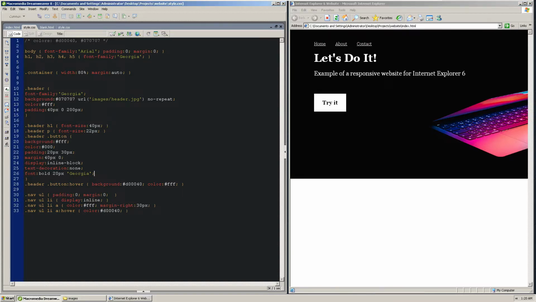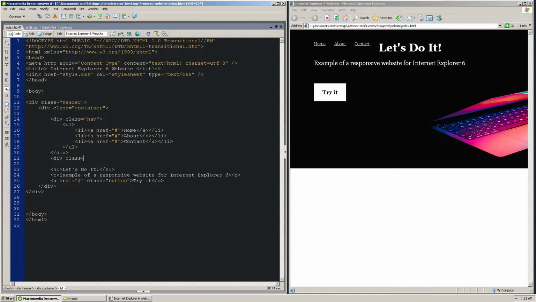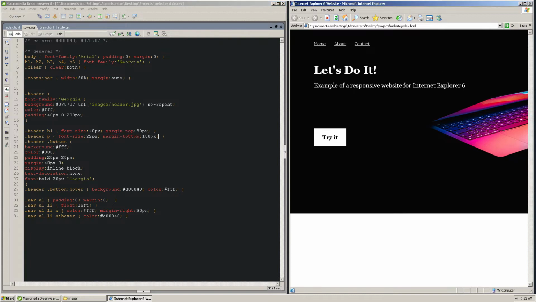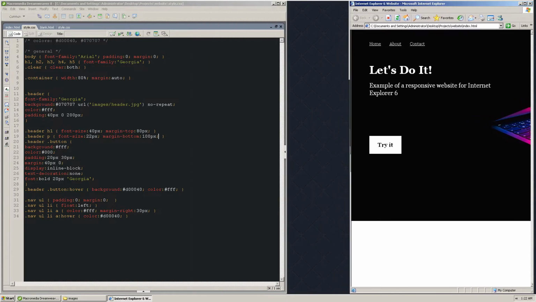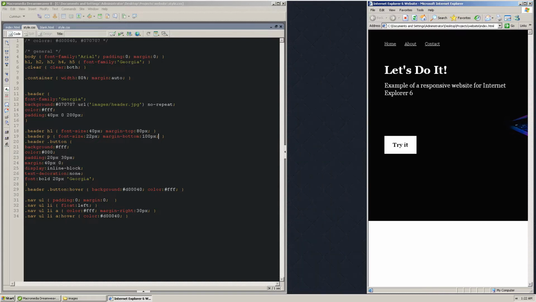The other way that I was talking about, instead of display inline, I'll set it to float left, but we'll have to add another element with clear both below that. Let's save it, refresh the page, and it's working. Now I want to make sure that what we did so far is working, so I'm going to test it just like that, and everything seems to be fine. We have a responsive header.